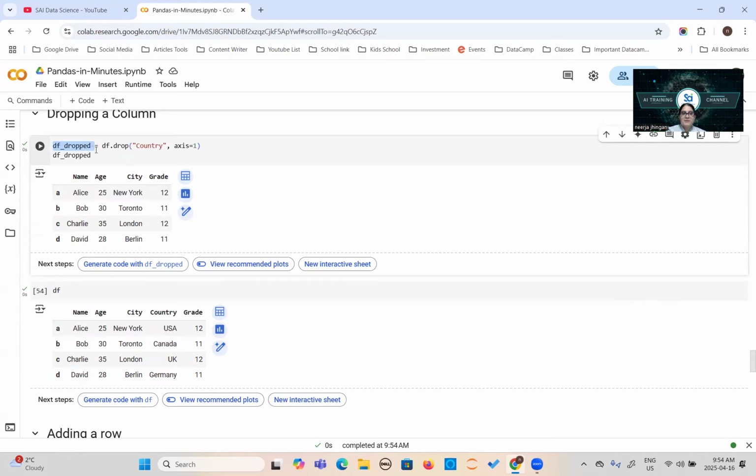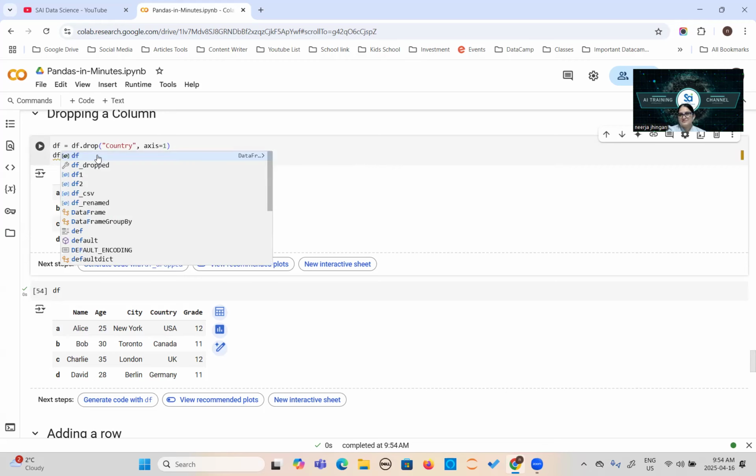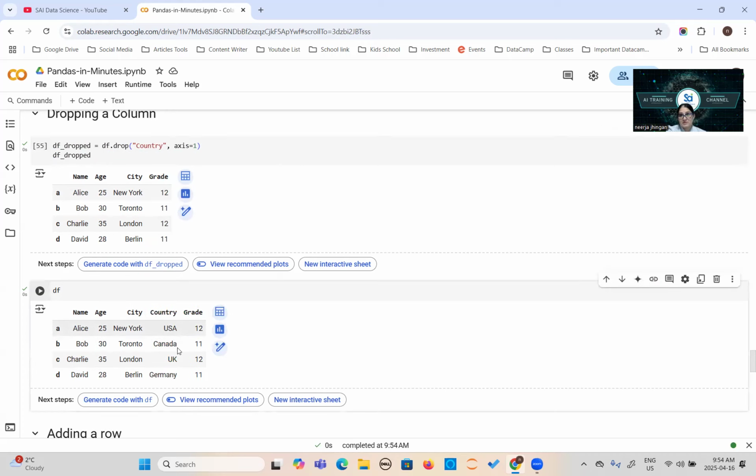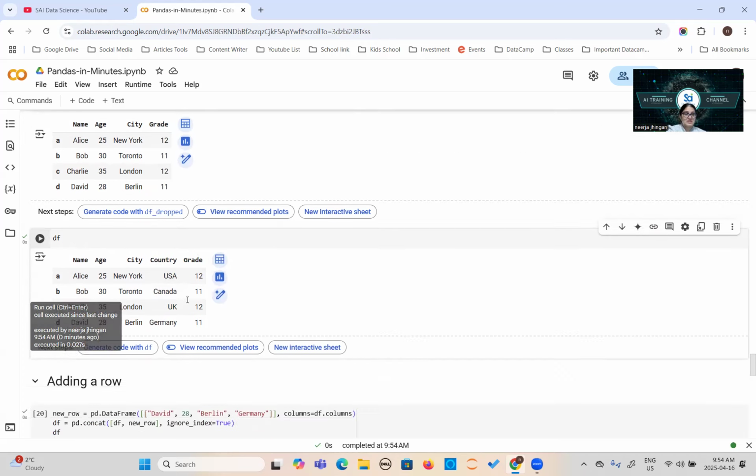If you want to make a permanent change, then you will say equal to df only. Then only it will contain this one. So instead of df_dropped, you need to do something like this. But I want to preserve it. I just wanted to show you this is the column. That's why I did that. So I want to preserve it to show you the further calculation actually.